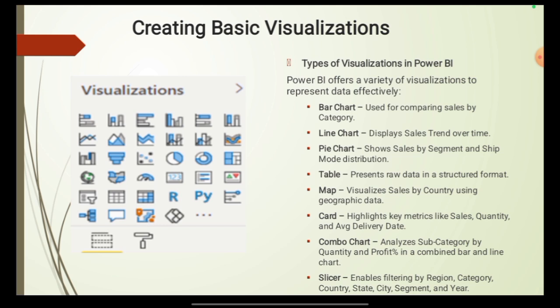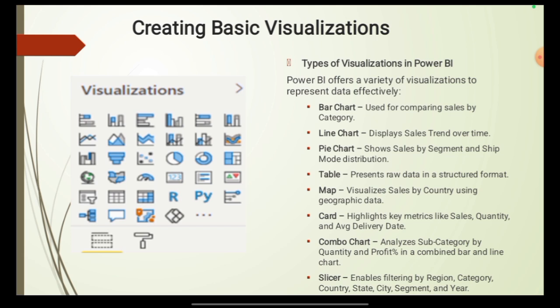A table represents raw data in an organized format, useful for detailed analysis. A map enables geographic visualization of sales by country or region, providing insights into location-based performance. A card highlights key metrics like total sales or average delivery time in a simple format for quick reference. A combo chart combines a bar and line chart to analyze the relationship between two measures, such as quantity and profit percentage. Finally, a slicer allows dynamic filtering of data by categories like region, segment, or year, giving users control